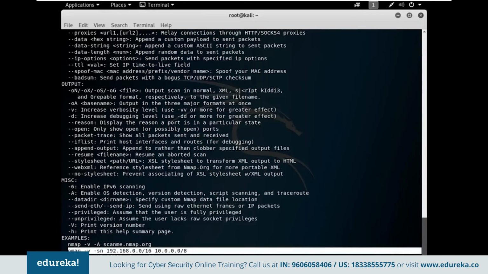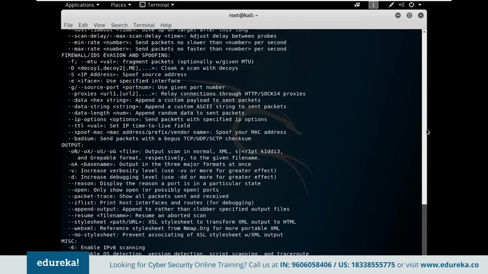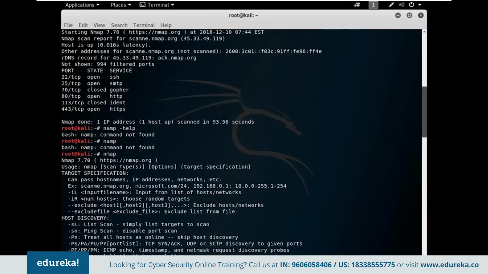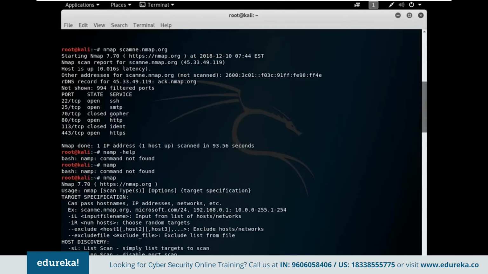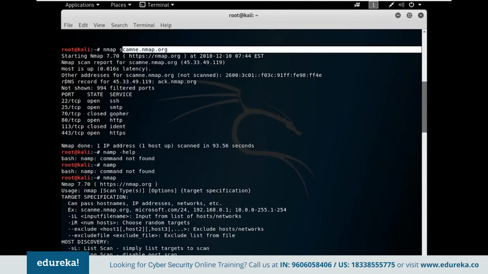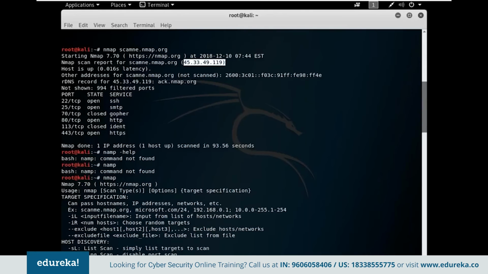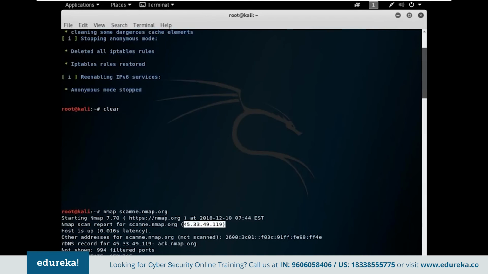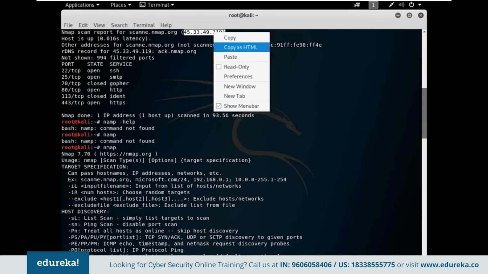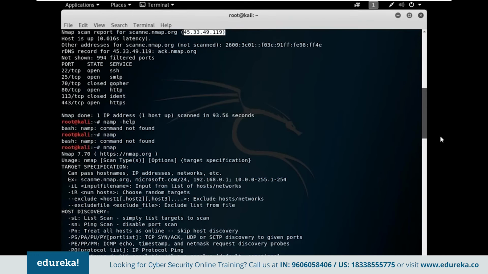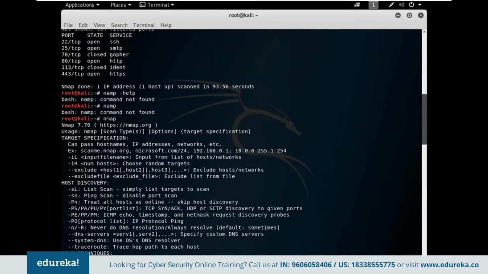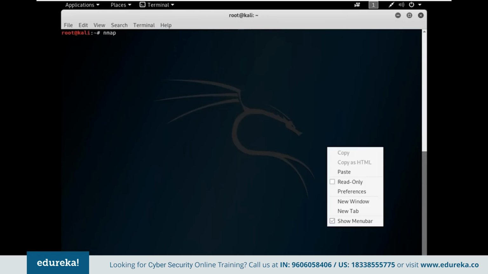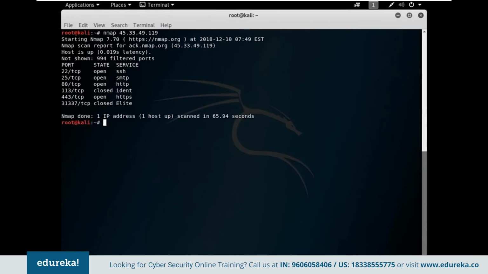So let me go up. So here it is, the scan results. As you can see, this is the address of the website, which is scanme.nmap.org. So now if I give this, it should show the website back, right? So let me copy this, scroll down, and clear the entire thing. Nmap, and I'm going to paste. Yeah, click. It has scanned again. It's showing the same information.